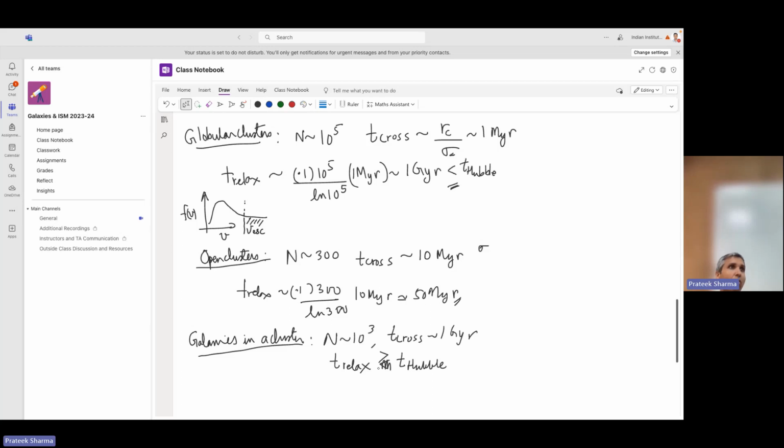Gaia has shown. So Gaia is this ESA mission, which has actually measured the proper motions and the line of sight velocities of a lot of Milky Way stars. What it has shown is that there are groups of stars which are extremely coherent. They have identified them and called them by names of rivers. In fact, one of them is called Jhelum. This is the Jhelum stream of stars. So you can actually see these things moving together in one direction and then crossing some other stream.